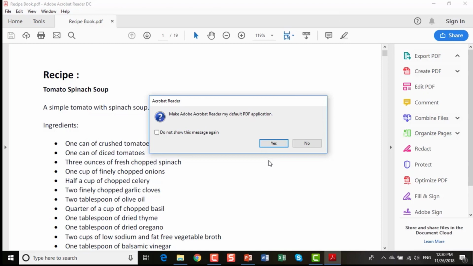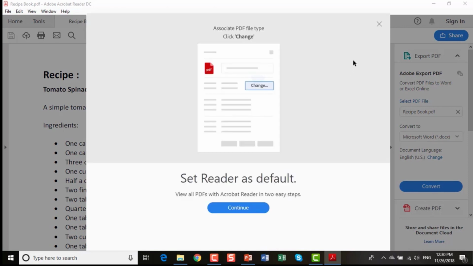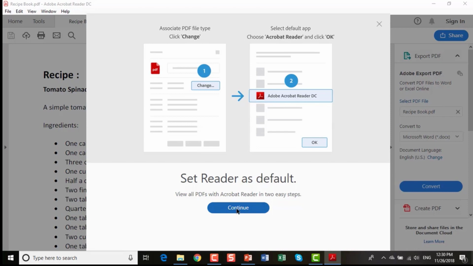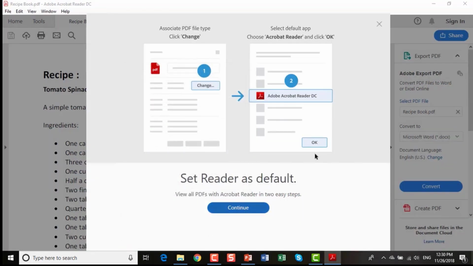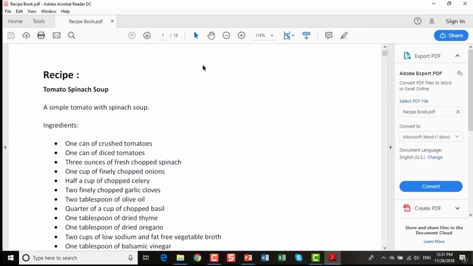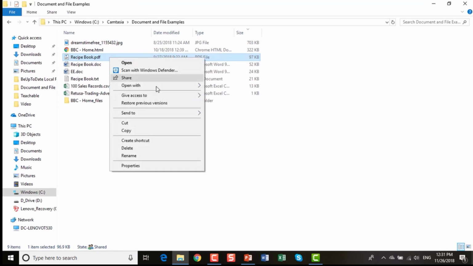Do I want to make this the default PDF? Yes, I do, and then it means that that will always come up. And will I set the reader as a default? Yes, I can do that too, because normally on PDFs, that's what I would be using to read a PDF. But that's not the only option, because if I close down these files and then I right click again